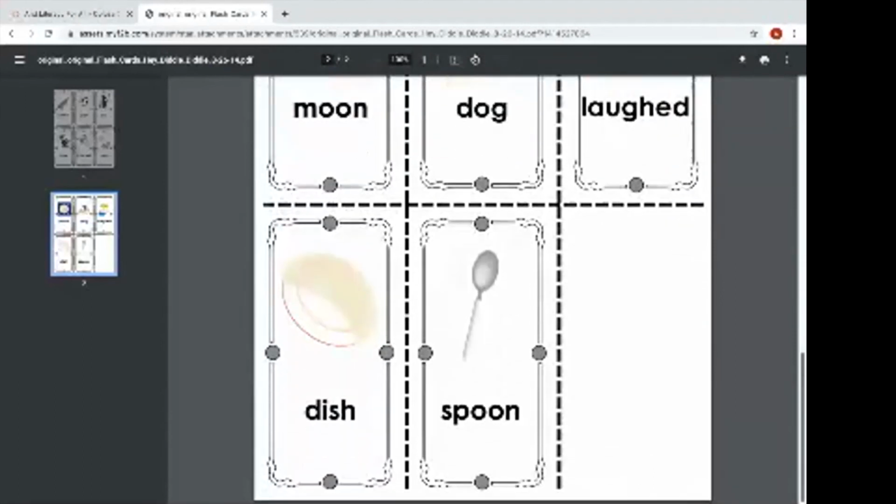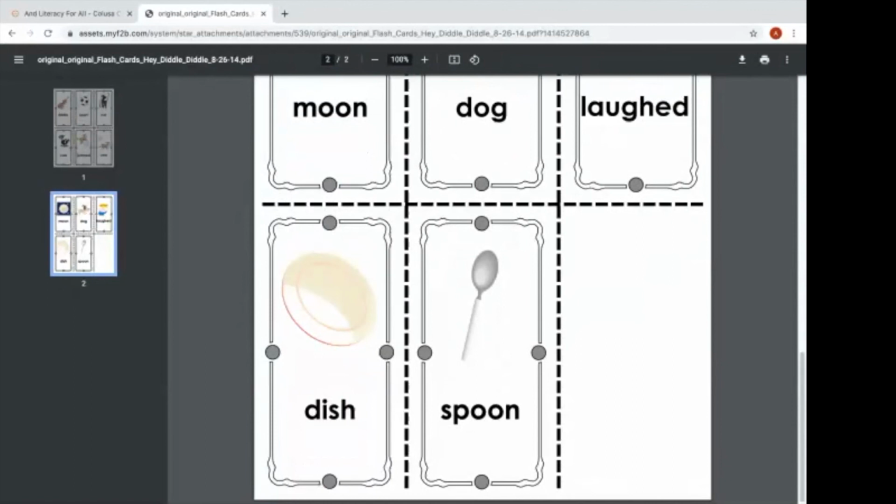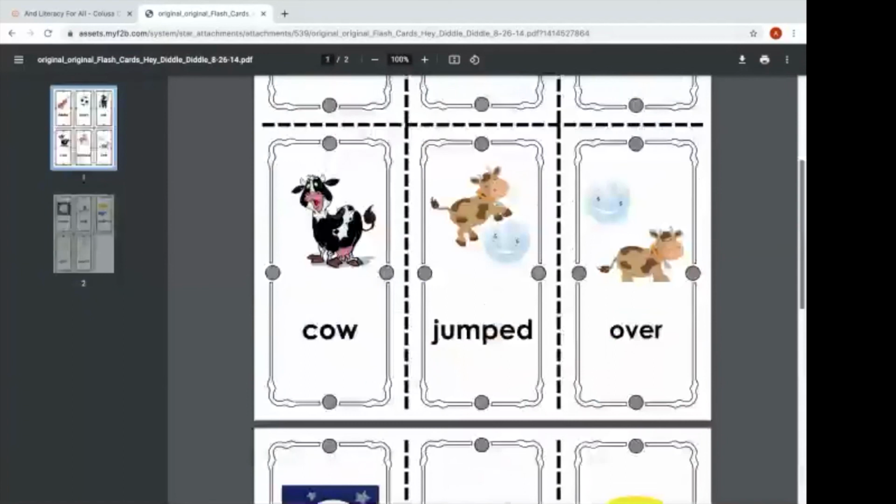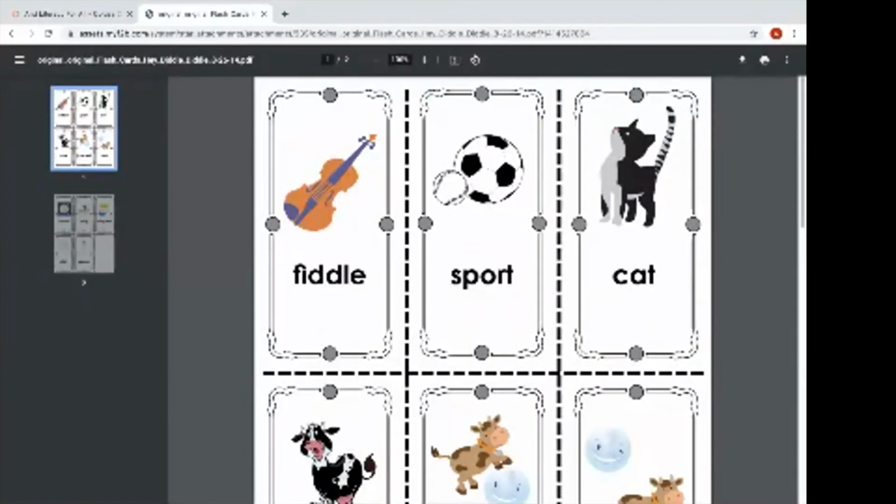Now what you can do is you can print out the flashcards and then where these dots are, on one side you can have the picture and on the other side you can have the spoon. Another thing you can do is print out 2 sets of these images and create a memory game for the